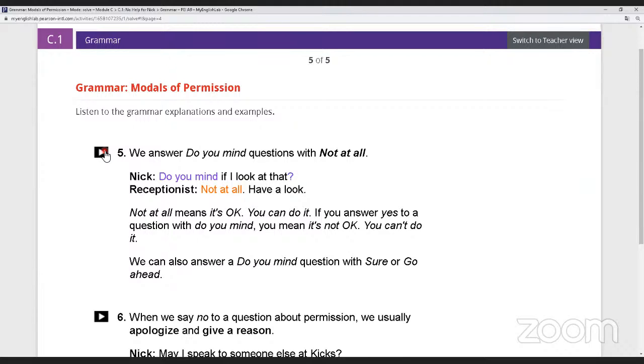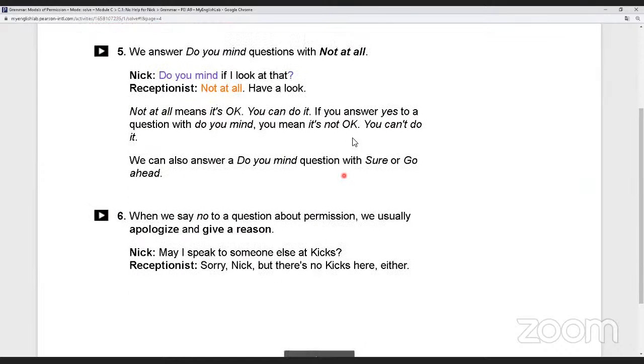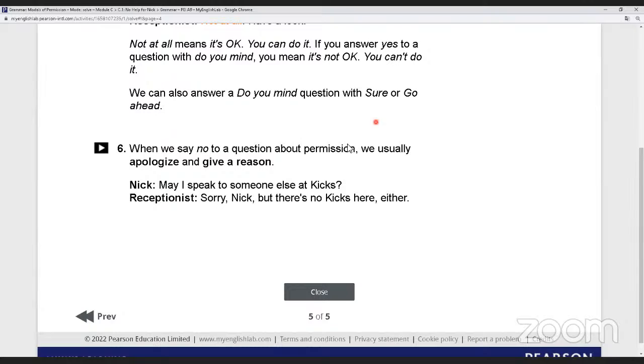So that's what I told you, right? By the way, we can say do you mind with a certain intonation to show someone that they are annoying or bothering us. I don't know if you have any question about this part. No, no, no. All right, clear. Thank you.